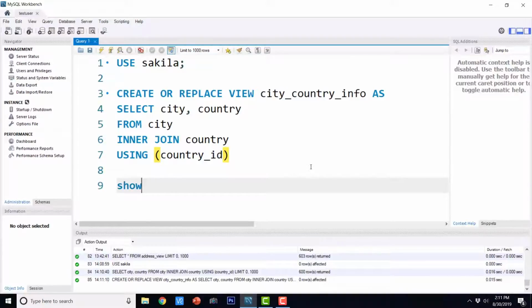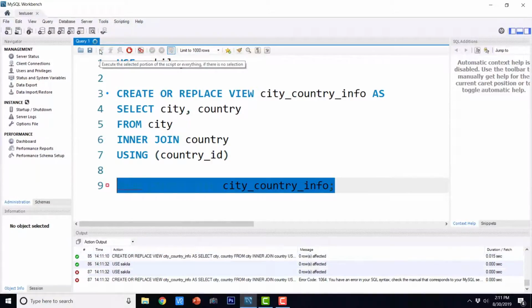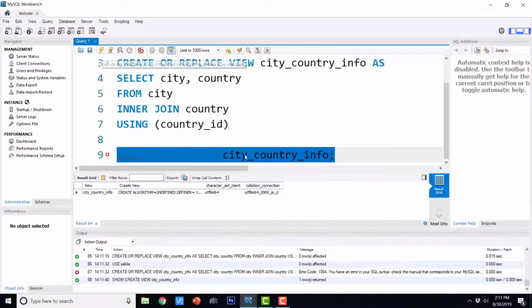First, let me say show create view, control V, and let me execute it. Okay, so this is the definition of the view.